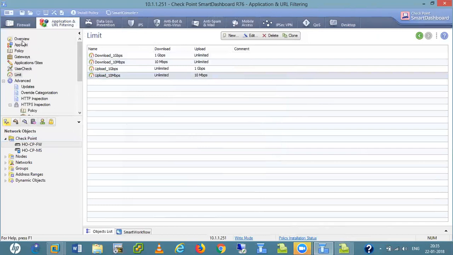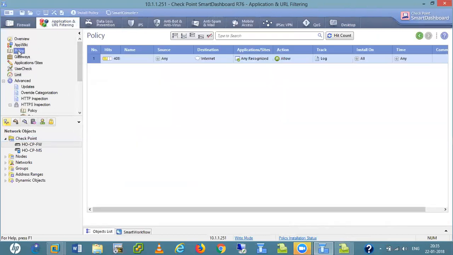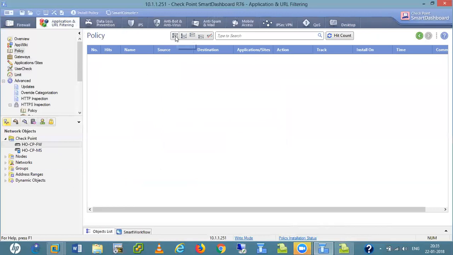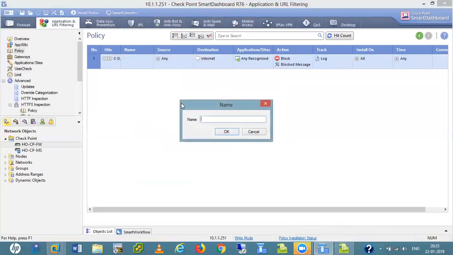Not an issue. Now let me go to my policy here. I delete this one and I add my own rule. Here I give the name. I want to block some websites, like adult and porn sites and all these things. So I name it company policy block.